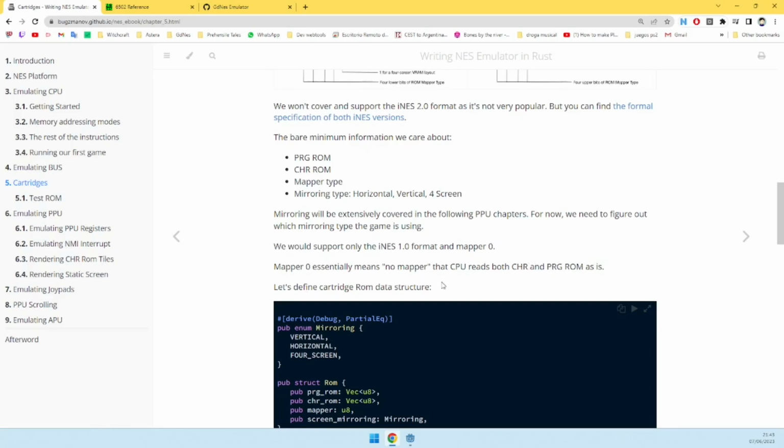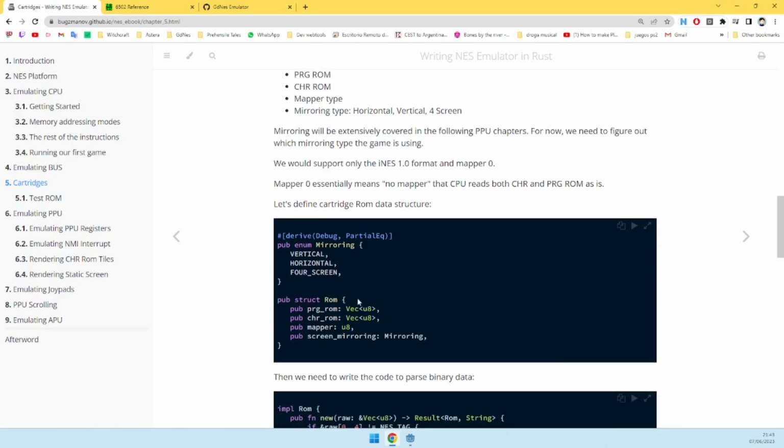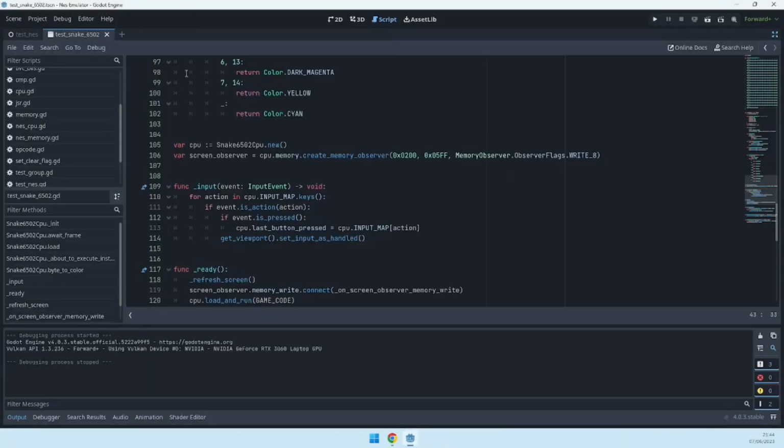Let's define the cartridge ROM data structure. So we have an enum for mirroring and a base ROM class for the program and CHR memory values. A mapper is, right, it's the mapper type, but we did not create an enum for it apparently. And mirroring. So let's do that. Let's start